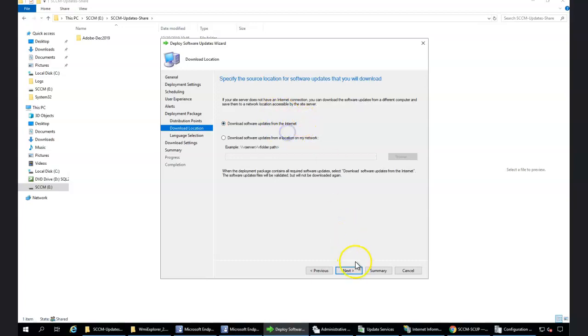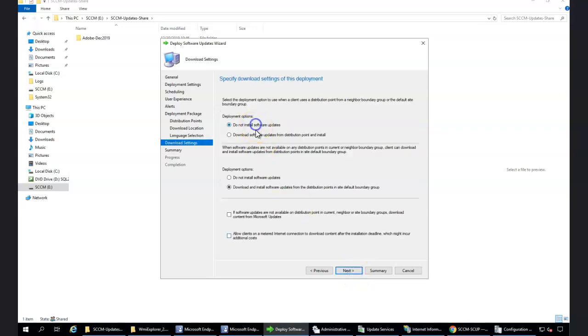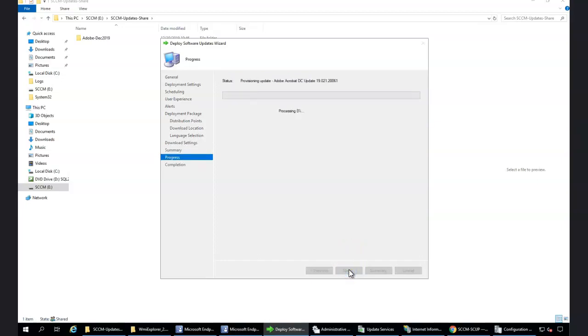The download source is internet, and the client-side language selection is default for me, and I want to open it even for the boundary specific groups, so I'm just taking that. So that's created. This is how you create a software deployment for your